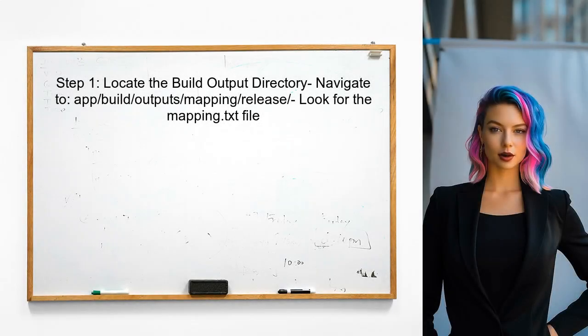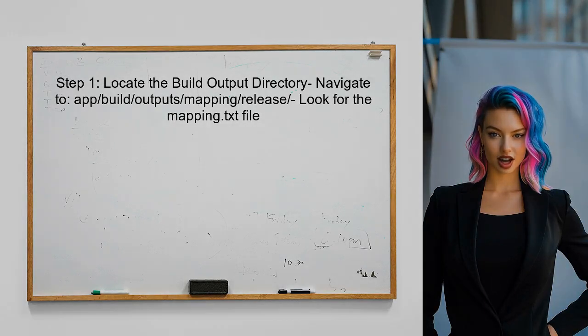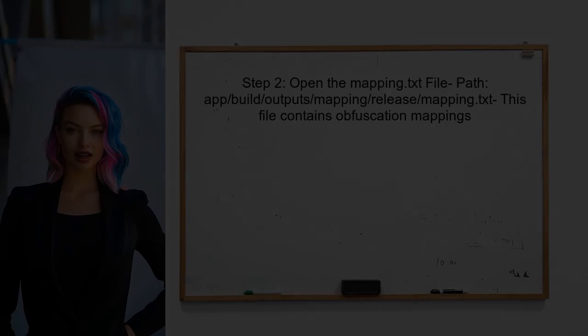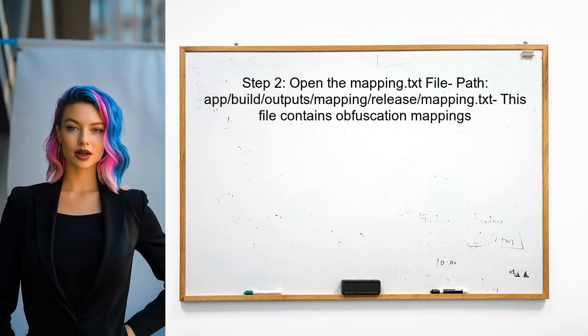To extract the final ProGuard rules file, the user should first locate the build output directory. This is typically found in the app module's build folder. Next, the user needs to open the mapping.txt file. This file contains the mapping of the obfuscated names to the original names, which is essential for understanding the ProGuard